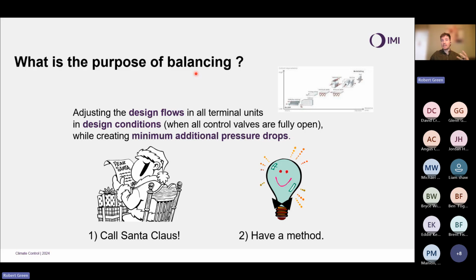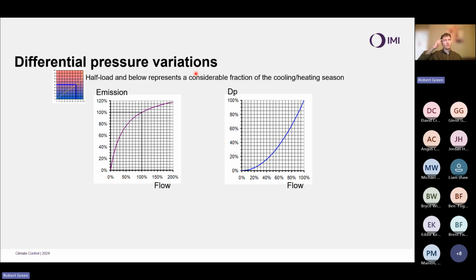And then we introduced something new in the 3rd session, which was now I think 6 weeks ago or so, just before the new year, and it was talking about differential pressure variations in systems. And this is something that's really important when we're coming to control, because actually, if we take a look at this graphic here, this is a fairly typical graphic showing how much flow we need in a system or a device based on its emission.